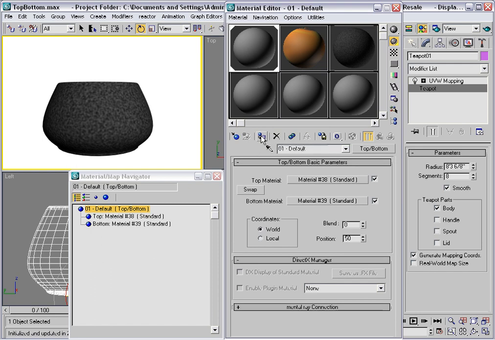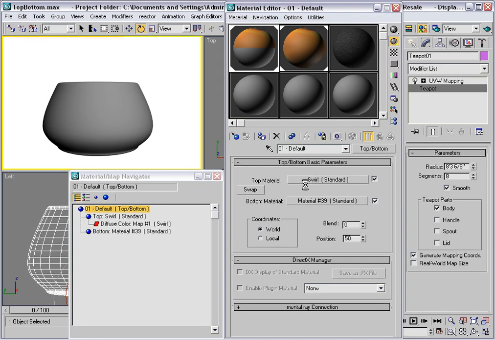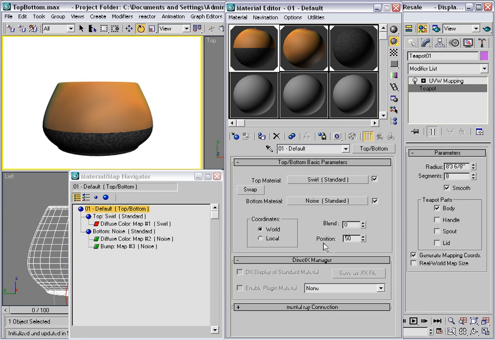Assign it to the object, and then drag in the swirl material into the top slot and the noise material into the bottom slot. So by default we have a crisp, solid transition between these two materials. The position is controlled here,